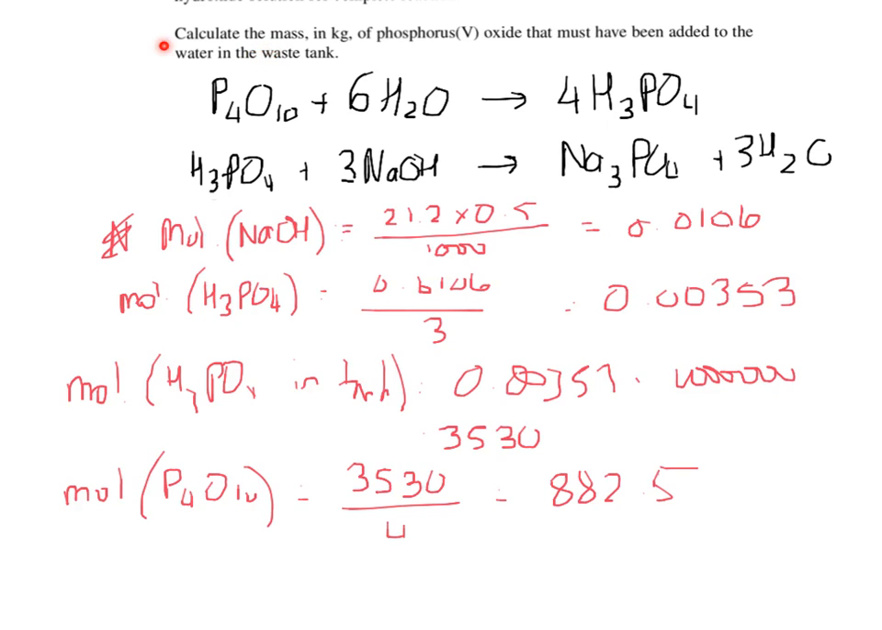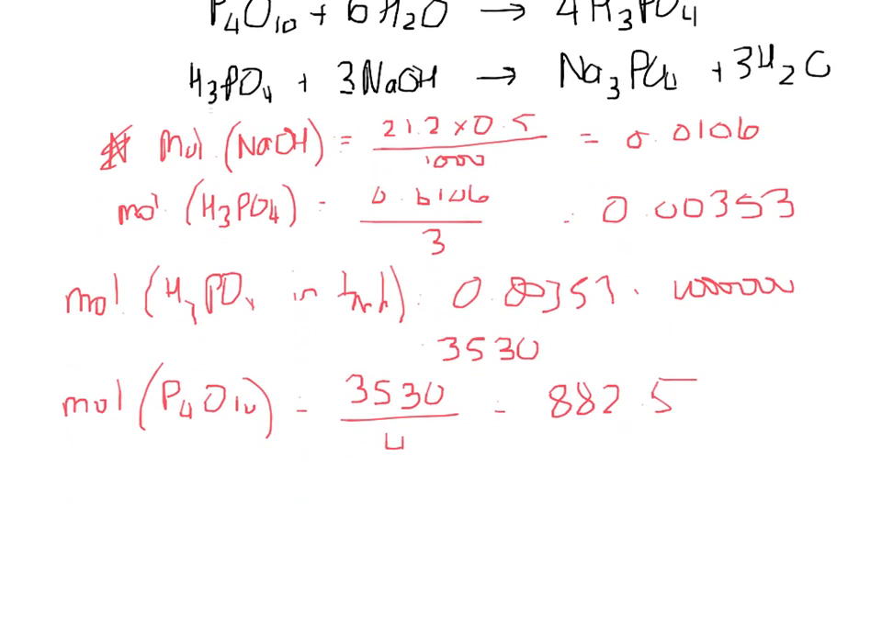Then we need to work out what the question asks us, and this is where the triangle comes in of our Mr. T, work out the mass. So mass equals moles times Mr. So moles times Mr equals 882.5 times 284, which is our Mr of the phosphorus oxide,